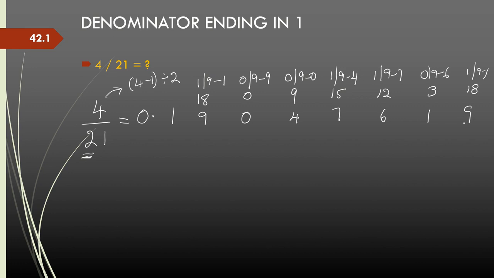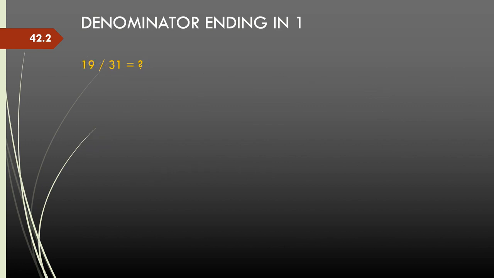So, as you can see, 1 9 is repeating. So, this is 0.190476, and this whole piece from 1 to 6 will keep recurring. So, this is the result of this fraction in decimals. And a lot of times we do not have to calculate 6, 7, 8 decimals. We normally need only 3 or 4 decimals, and we can stop the process after we get our 3 or 4 decimals. Let us look at one more, 19 by 31.